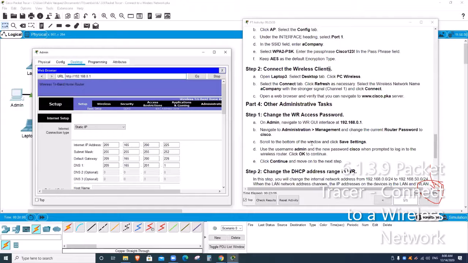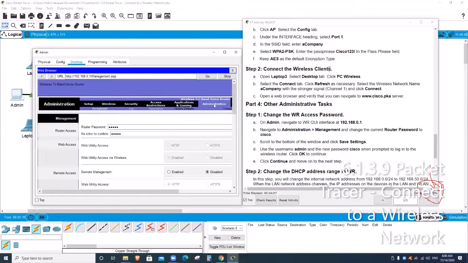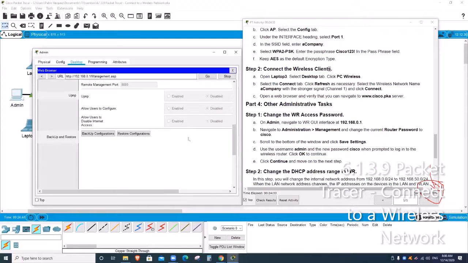All right, so when I go to administration, over here, administration, see that? It's just way over here. Administration, and then on the bottom it has more settings, management. There it is, and reset password. Router password, I'm sorry, and re-enter to confirm. So they want me to put just Cisco. So I'm going to put Cisco. Don't put the period, okay? And then confirm it, Cisco. And then save settings. I'm going to get disconnected, I'm sure, because